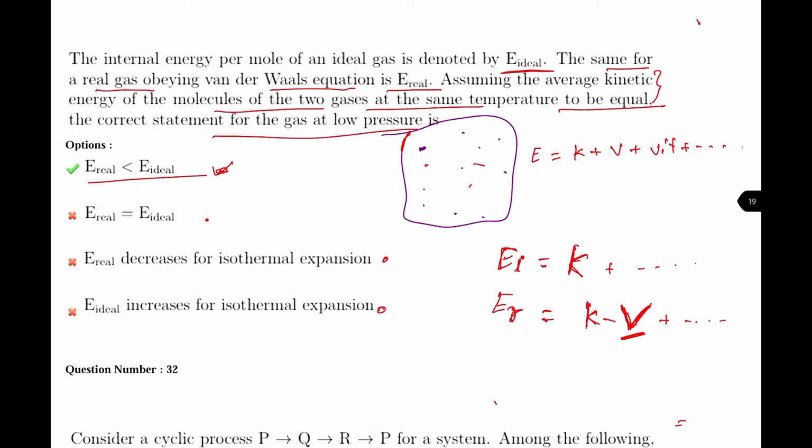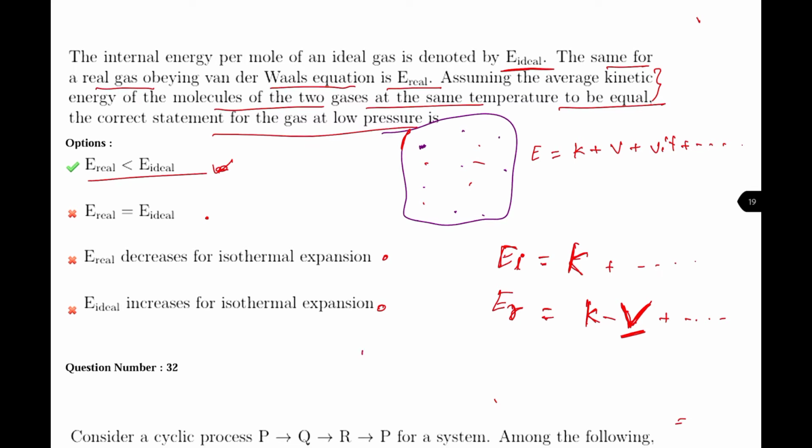Now initially I had thought that since K plus V will add up, E real will be more than E ideal, but that is not the case, as you can see in the answer. So the best explanation I could come up with is that for potential energy we take a negative sign as a convention, right? So the internal energy of E real becomes K minus V. For ideal it is just K, no V. So it does not matter if it's low pressure or what. I do not know why they give low pressure. So it seems E real will be less than E ideal. That is, the first is correct.